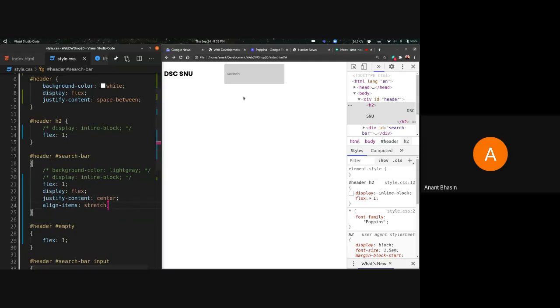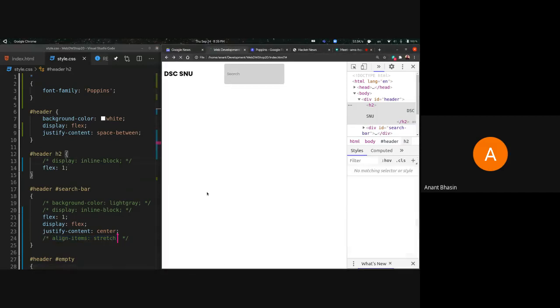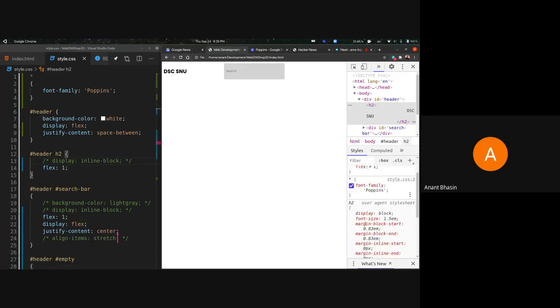So you can see now it's expanding to take all available space. So this is stretch, but wait a sec. Why didn't... so if we just remove this from here for a second, something's wrong with my web page. Okay, let me. Yeah, fine. Thank God. So again, why is it not changing some stylings?